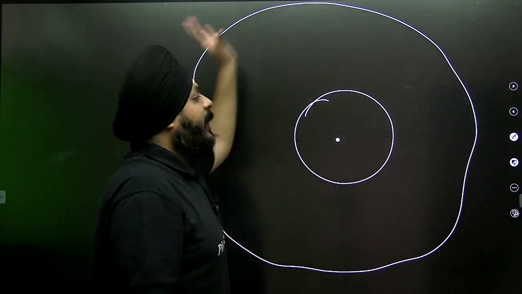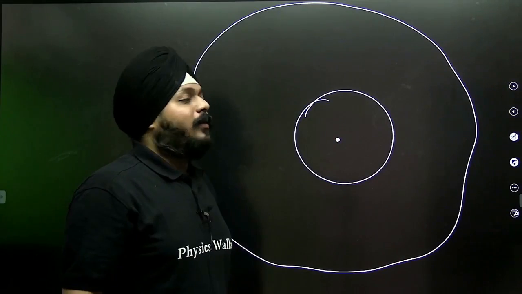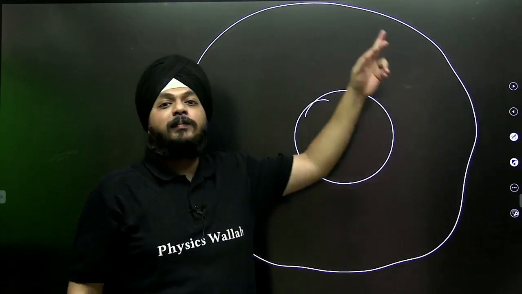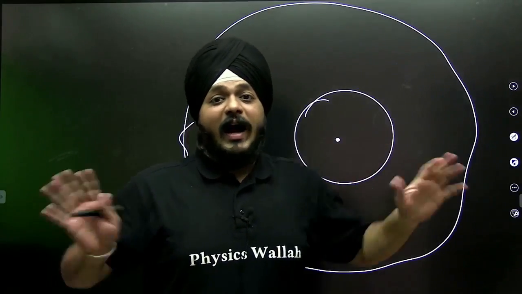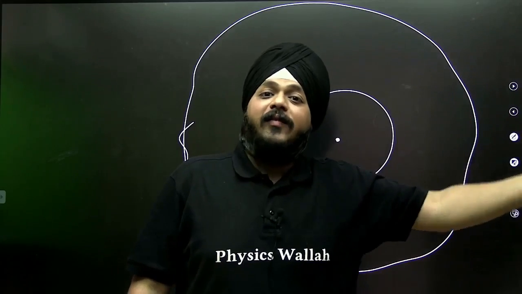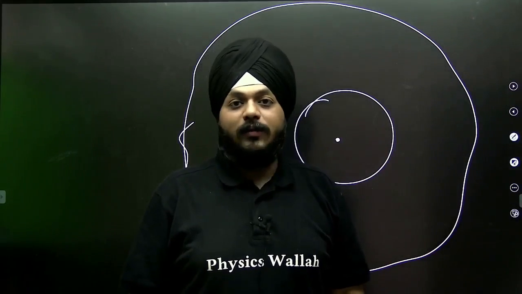That spatial area is known as the gravitational field. One thing is also sure, this is not a fixed boundary. We can't say that after moving 1 lakh kilometers away from Earth, we are out of its field. No,